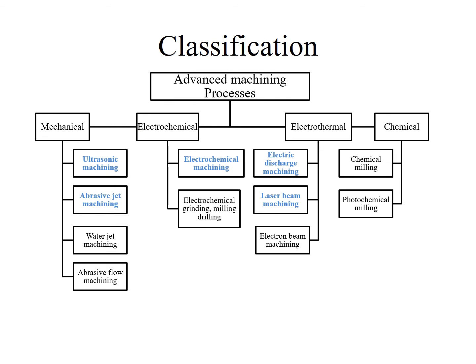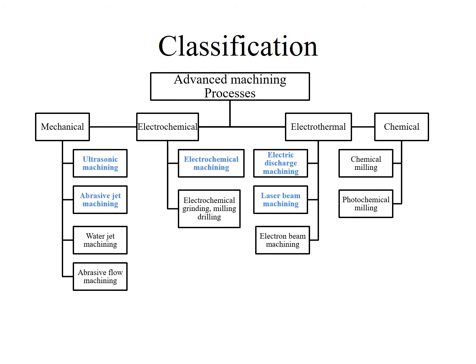Let us see the details of classifications of advanced machining processes. They are classified on the basis of energy forms used. The mechanical advanced machining processes include ultrasonic machining, which uses sound energy, abrasive jet machining, water jet machining, and abrasive flow machining. Electrochemical processes, which use electricity and chemical processes for the machining, are electrochemical machining, which includes electrochemical grinding,